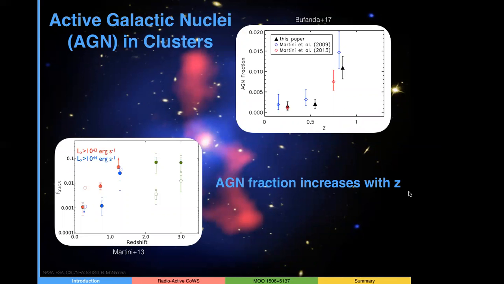Something interesting is that as you go further back in time and increase in redshift, the fraction of galaxies in clusters that are AGN increases as a function of redshift. It particularly peaks at a redshift of about 1. So the epoch of z of about 1 is a very interesting epoch to investigate this correlation between active galactic nuclei and the cluster environment. That is exactly what we have created: a sample of galaxy clusters at this